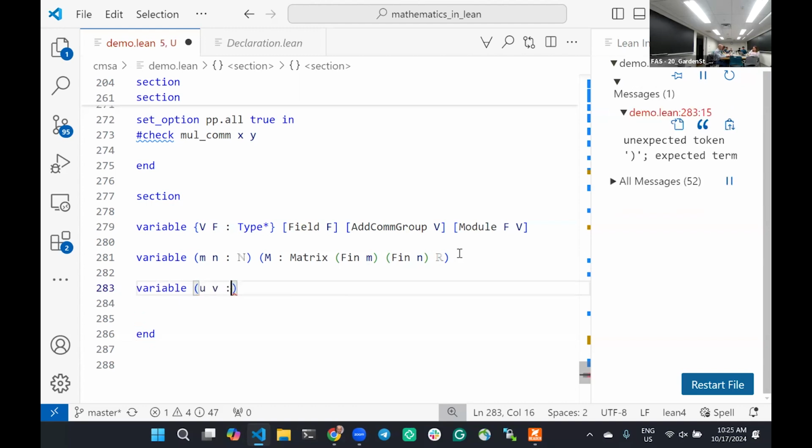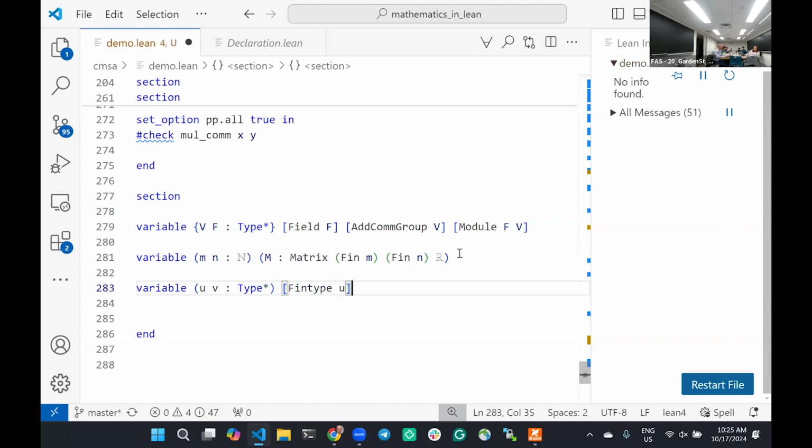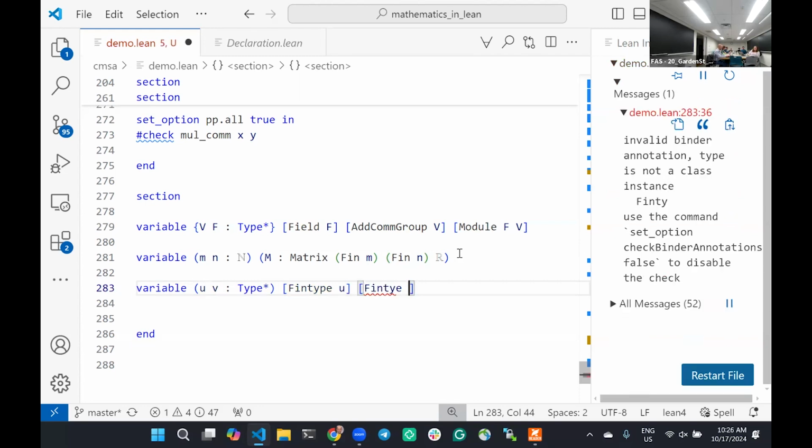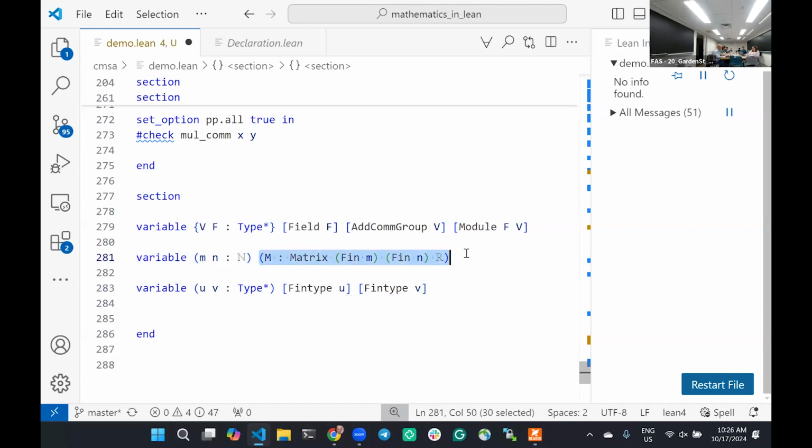And so the Mathlib convention is to instead say, so here's the magical way that you say that U and V are finite indexing types. So you say U and V are types, and then you say that they're Fintypes. And again, it'll take me some while to explain Fintypes and Finsets, but the way to interpret this is that those extra annotations just say that U and V are finite. And so, let me just copy this, the preferred way to state your theorems, when the indexing set really doesn't matter,